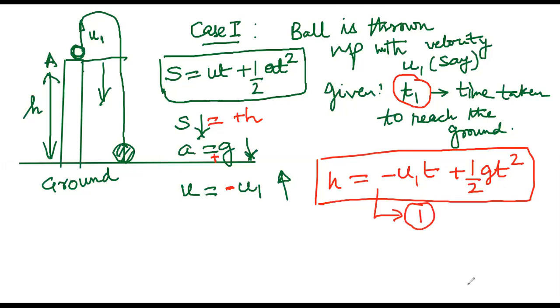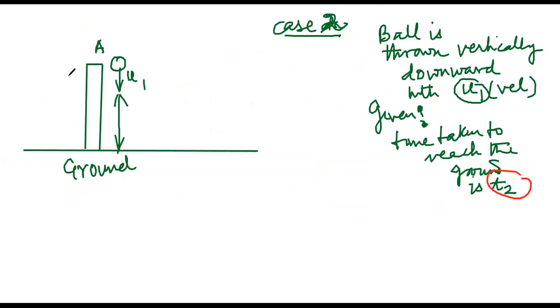Now I move on to the next page. I will again see, over here, that the height again is in the downward direction. This is the displacement, so the displacement will be in the downward direction, so plus h. I will use the formula as I discussed earlier. S equals ut plus half gt square.